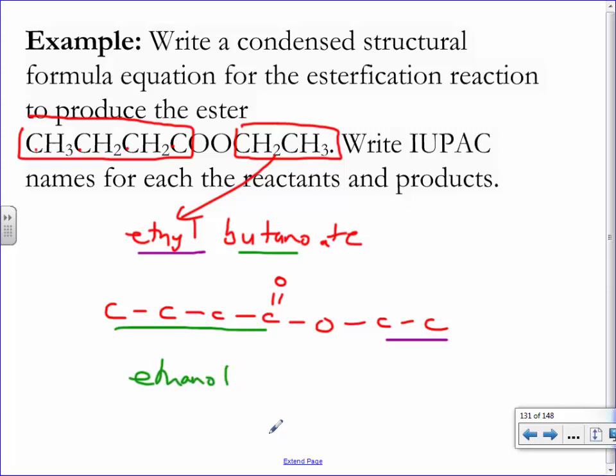And what's your carboxylic acid? That makes sense to everybody else. The ethanol gets you that. The butanoic acid gets you this. So